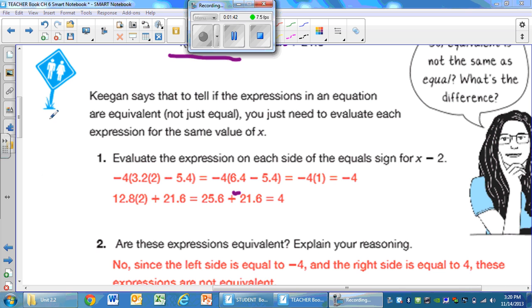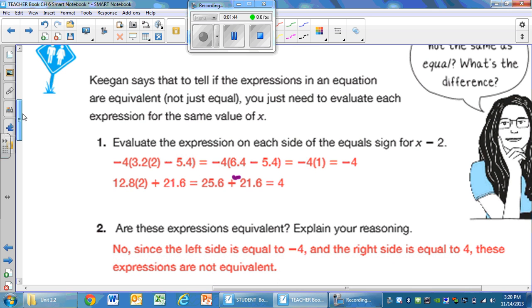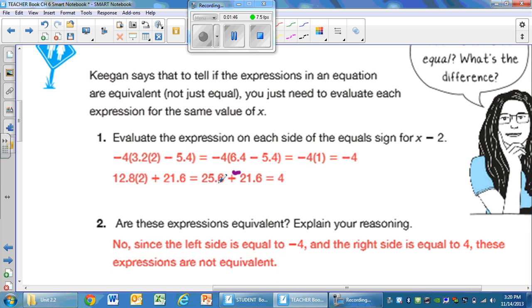Alright, so are they equivalent? So one is 4 and one is negative 4, or one is negative 4 and one is 40 something. So are they equivalent? No, since the left side is not equal to negative 4, the two sides aren't equal, these expressions are not equivalent. So you can write a statement